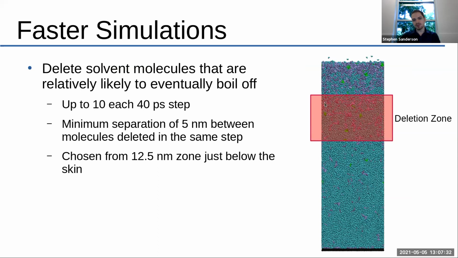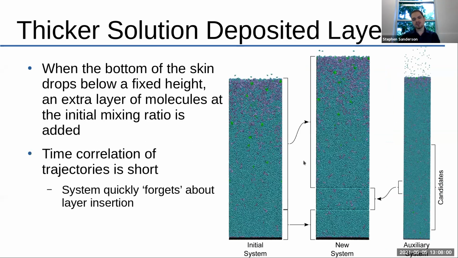And then choose solvent molecules that are below that area. So these are in the area where it's close to the initial solvent to solute ratio, but they're relatively close to the top. So they're likely to eventually escape, but they're not busy holding open a percolation pathway or doing anything else in the area of interest. So we can safely delete some of these without affecting the dynamics. So that's great. We can get almost twice as fast a boil off rate by deleting some of